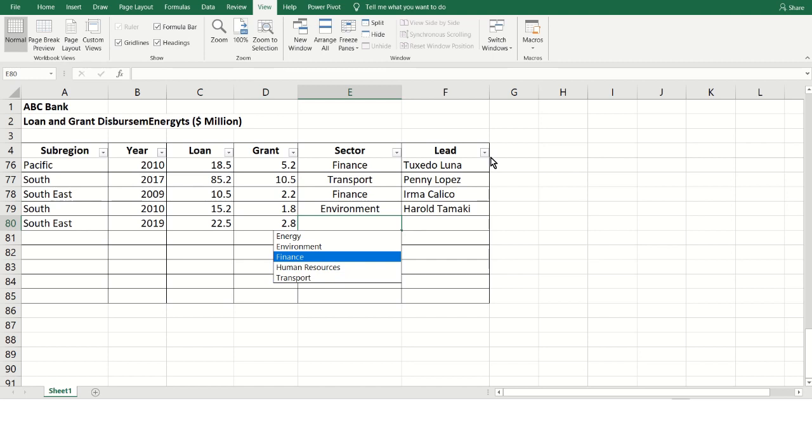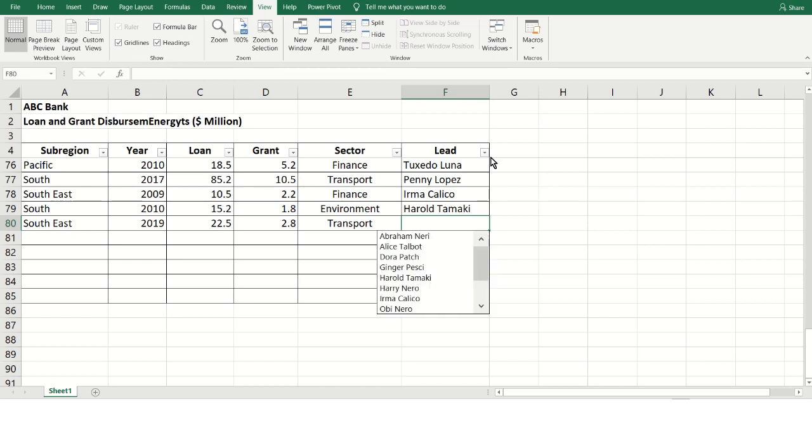I'm going to choose, let's say, transport there, and then here, who is the lead? There's going to be a long list, I think, so I'm going to press Alt down arrow once again, and now see there's a long list of people, leads or managers for these projects or loans. I'm going to choose Alice right here. Now instead of typing the names, especially if you have long names, they're hard to memorize, right? So I'd rather use the Alt down arrow to choose from a list of